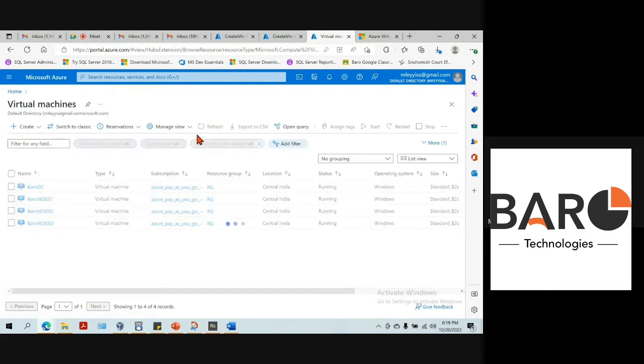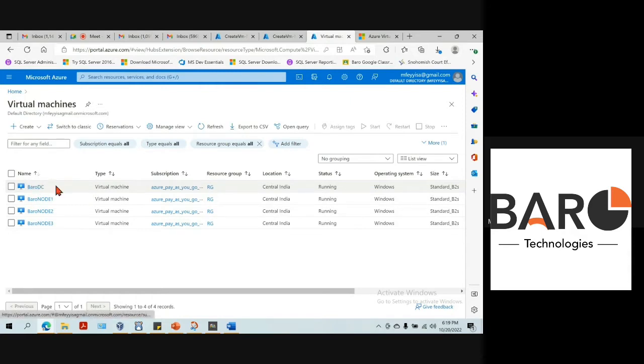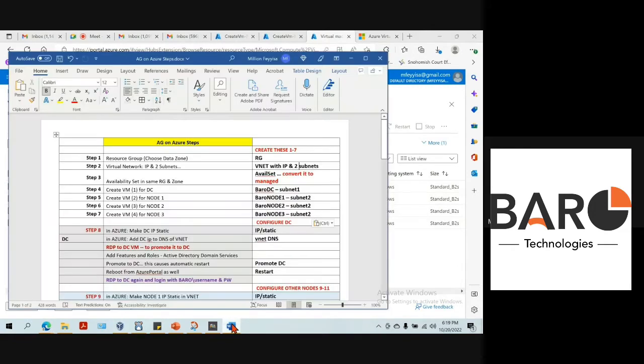So as you can see here, all the nodes are created. We have one node which we named BaroDC. We're going to use that as a domain controller. For now, BaroDC is just the name. It didn't become a domain controller yet. We named it BaroDC just so we can easily tell it apart later. We can't say this is a domain controller now because they are all in the same status. They are just simple machines, computers. None of them is a domain controller, or even a domain member. So in the next steps, starting step 8, we prepare these things for the domain environment,